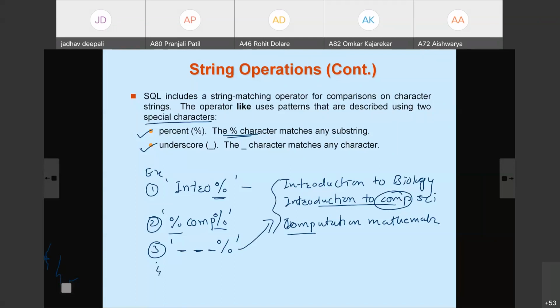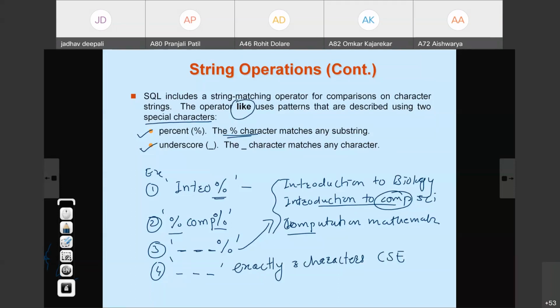Suppose I write instead of this just three underscores. What does it indicate? Exactly 3 characters. No percent is there, meaning it is not a substring. So it matches any string with exactly 3 characters. For example, CSE. And this match is done with the operator like.